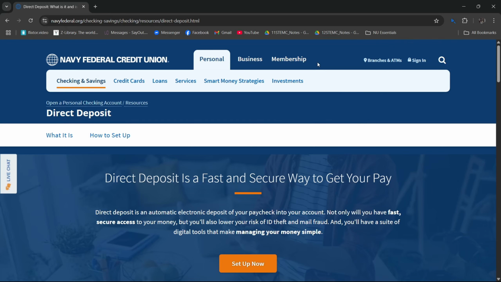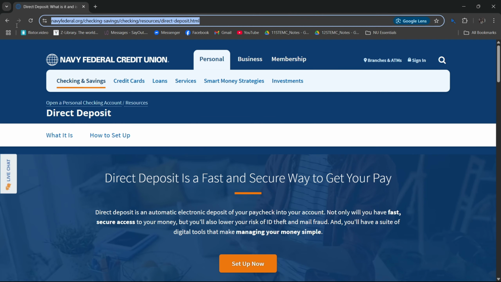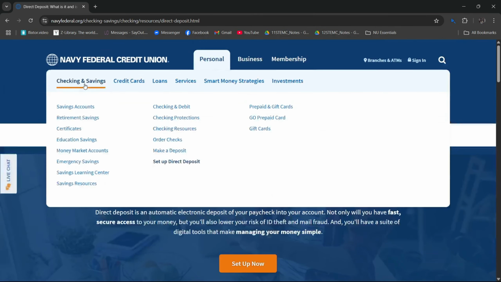So for today, I'm going to teach you how to set up your direct deposit on your Navy Federal. So first, you need to access your web browser, which in my case is Google Chrome. And after that, you need to search for this URL, which is the